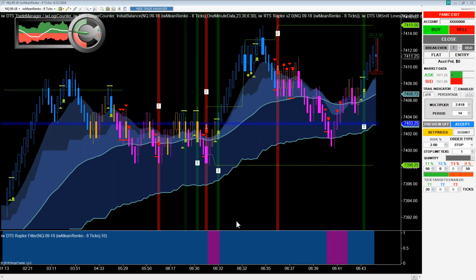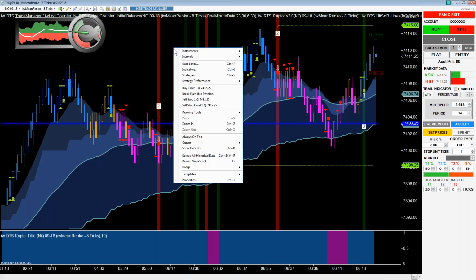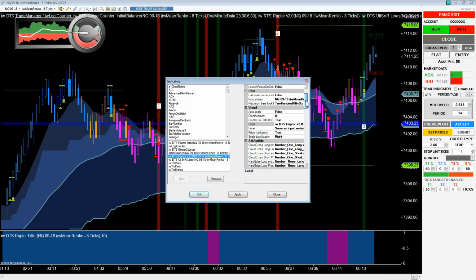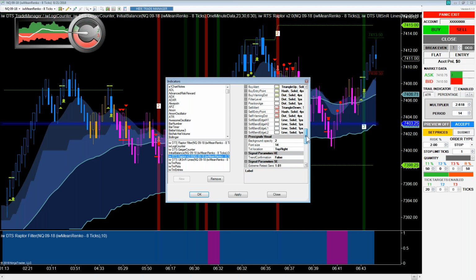Mickey's asking, my chart didn't print the number 2 signals that yours shows at 6:36, nor did it print as many dots and triangles as your chart did. Does this mean anything? Probably not, but let's just go into the settings because you can adjust the sensitivity of your number 2 signal. So if you go to your indicator window and you find your Raptor 2.0, if you pull down about halfway,